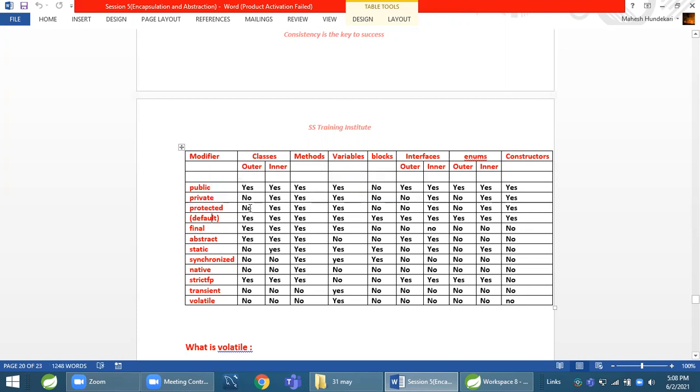For protected, we can see for outer classes, we cannot write protected. For blocks, we cannot write protected. For outer interfaces and outer enums, we cannot write protected. In this way, this is given. Then